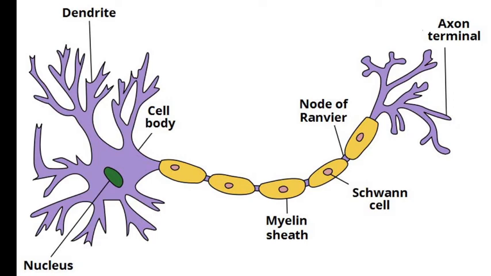The function of dendrites is to receive impulses, and the function of the axon is to deliver them to another neuron; this is called nerve impulse conduction. Neurons join together and form nerves. There are three types of nerves, which we also discussed. The sensory nerve carries the impulse from the sense organ to the brain. And the motor nerve brings the messages from the brain to the effector organ.